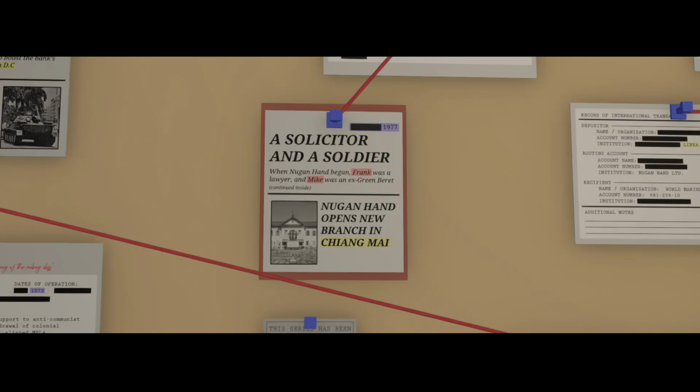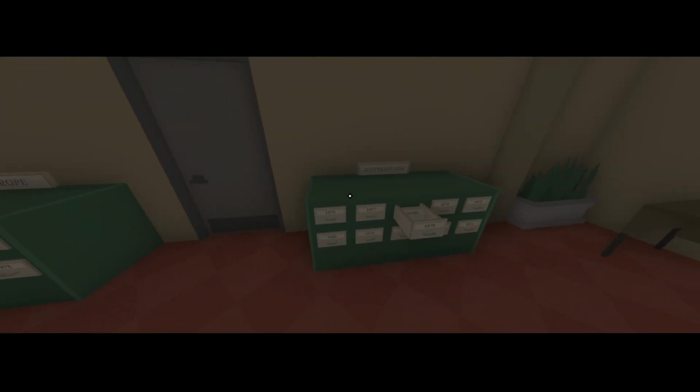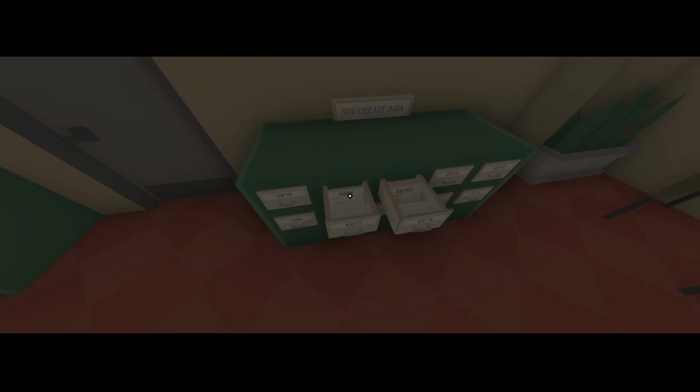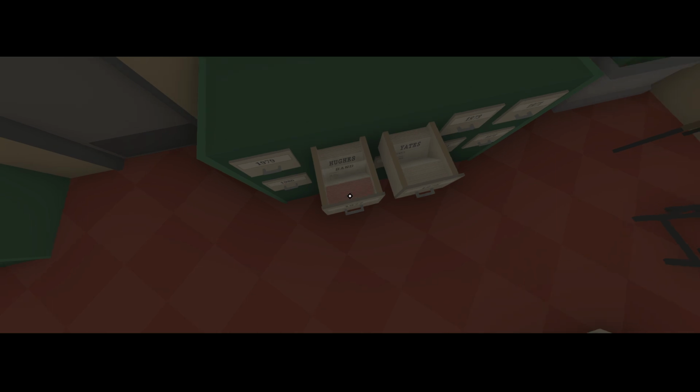Nugan Hand began. Frank was a lawyer and Mike was an ex-Green Beret. Should we check out 1977? No, but we've probably already done that, haven't we? Fisher, Floyd, Frank, Sky. Wait, Hand?